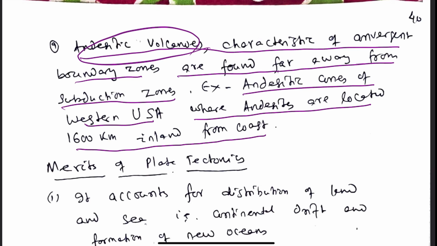So normally we should expect that the andesitic volcanoes are located near the trenches, but those which are much away from the trench cannot be explained in terms of plate tectonics. This is one kind of deficiency. So these are some of the deficiencies, but